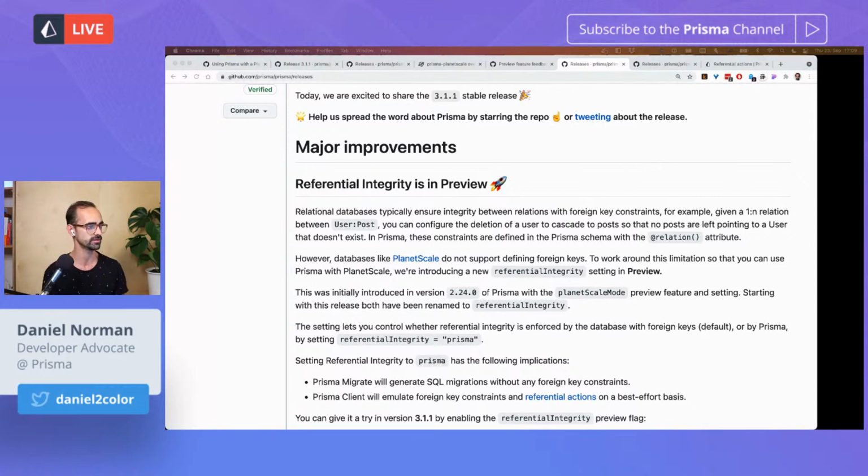Okay, so we had this referential integrity that now has a new setting. It's a new preview feature that allows you to set that to Prisma. When you set that to Prisma, Prisma will try to emulate the behavior of referential actions and maintain that referential integrity on the Prisma layer. That means two things.